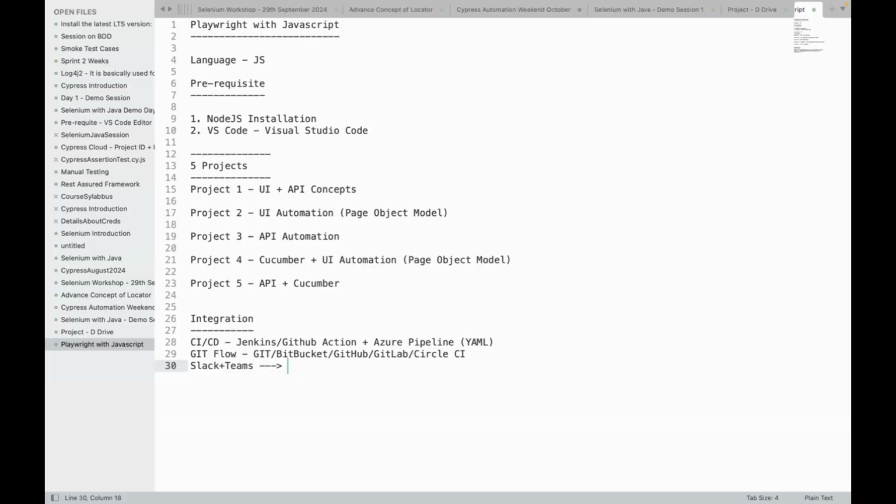once the complete run has completed, guys. So we will integrate with Slack and Teams, which is part of our CI/CD process only. So integrations with Slack and Teams is required. Why? Because as a QA, we will not wait for our pipeline to get completed. Once the test run is completed, we will get the notifications over the channels in Slack, or channels which have been created in Microsoft Teams. So that integration we need to have inside our CI/CD process only.